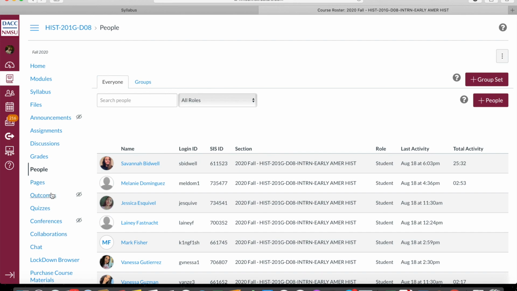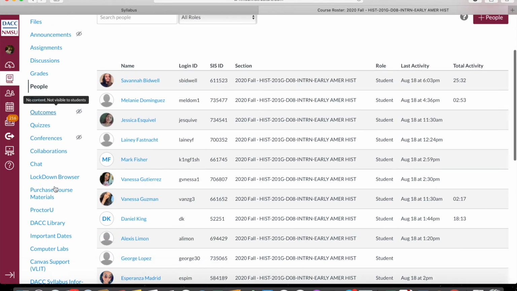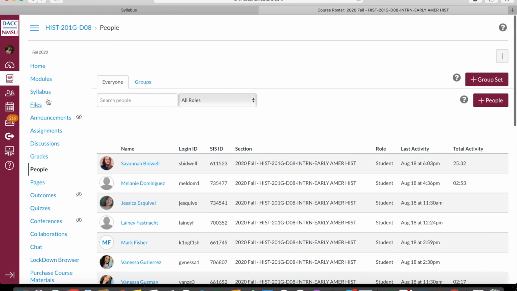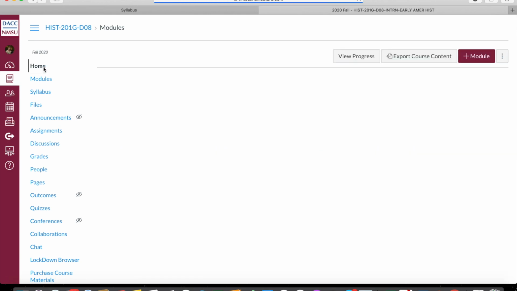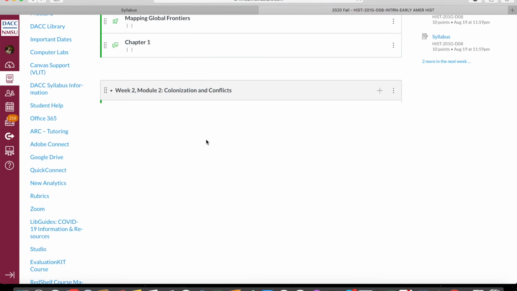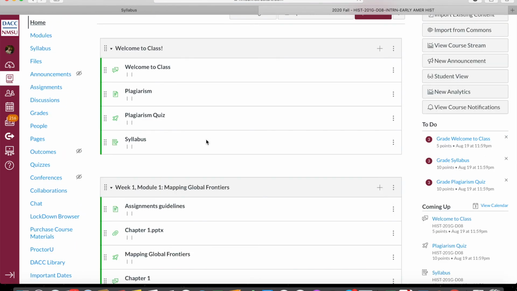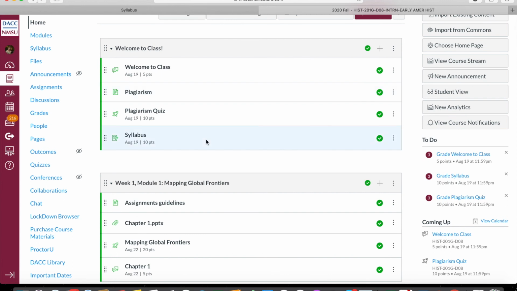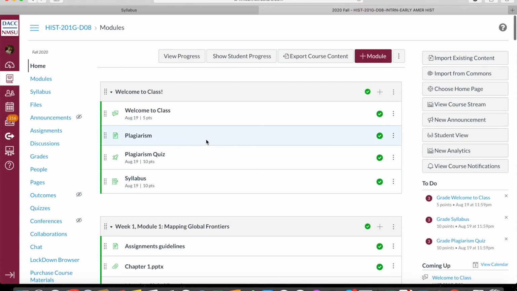So there's also pages, locked outcomes, and a lot of other things, but really these top ones are the only ones you're ever really going to need. They're the most important ones. So that's about it. Like I say, if you stay on the modules page and follow through, then you should have everything that you need for the week right here. And feel free to contact me with any questions that you have,